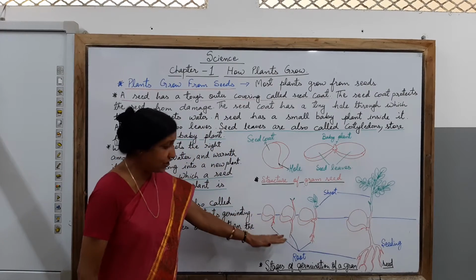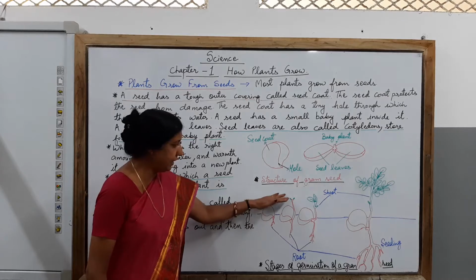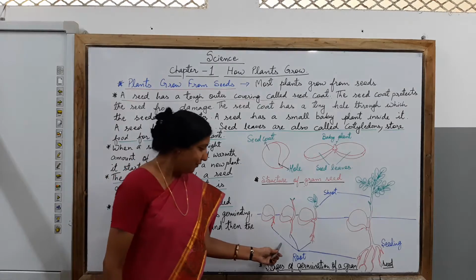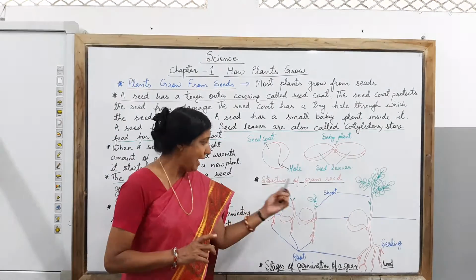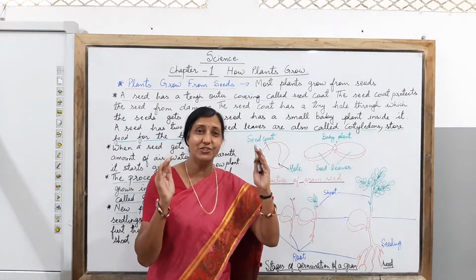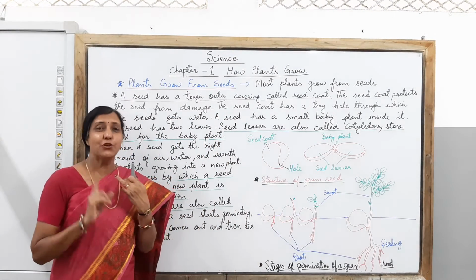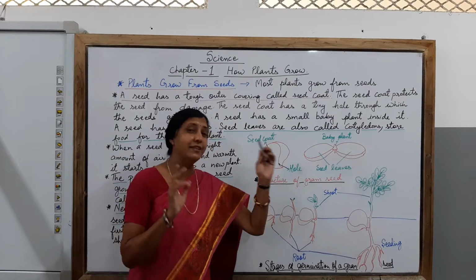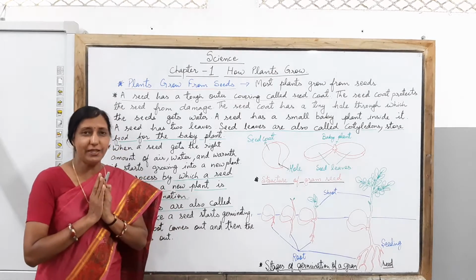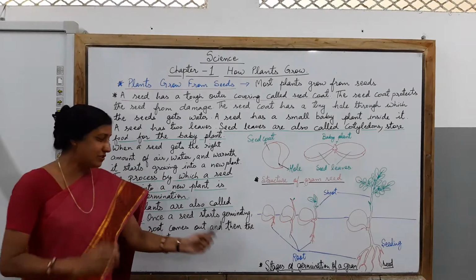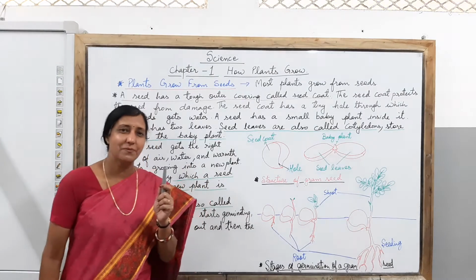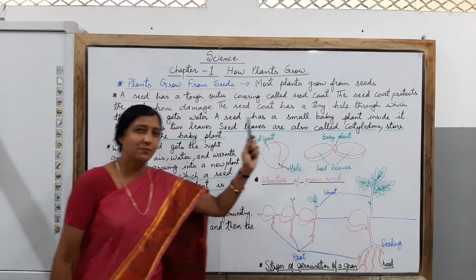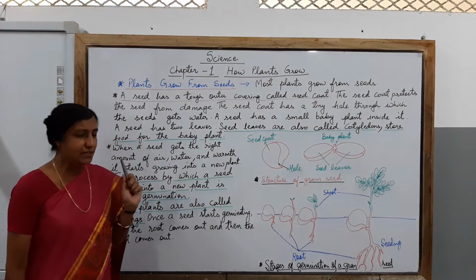Here you can see the area which is below the soil. Here you can see the area which is having its growth above the soil. Root is always going to be below the soil and shoot is always going to be above the soil. Clear? First the root will grow. As you can see the root growing first. Then gradually you will find that the shoot is growing. So in this way you have come to know about the stages of germination of a gram seed, how it takes place. And you can see the plant growing above. Clear? So let's revise the points, children.